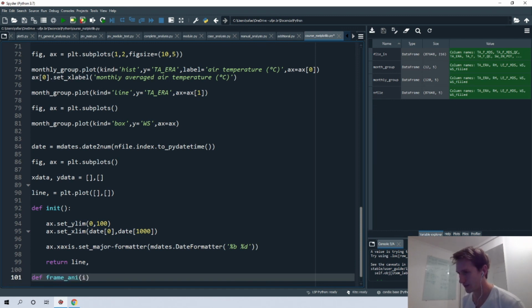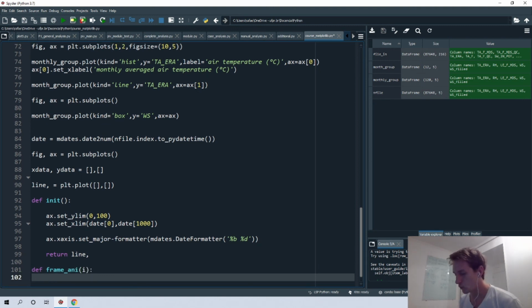and then we define a counter for that. And then the first thing to do is actually extract the information from our rows that is defined in the data frame. So we need to extract those rows.